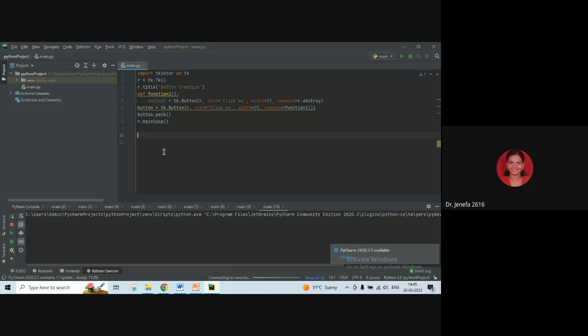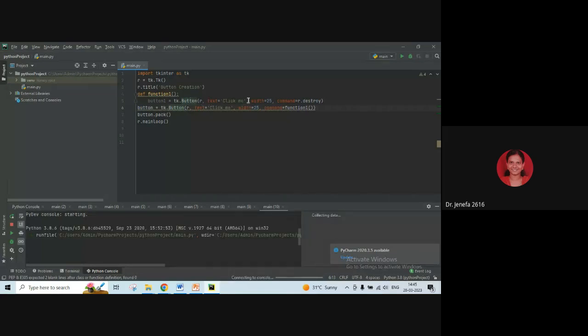Here I have defined a function. I thought we would get an error. Yeah. So let me explain the code. What I have done is I have defined a function, and the function name is function1. After that, I have created another button. Button one equal to Tk, Button, text click me, the width is 25, and after that,